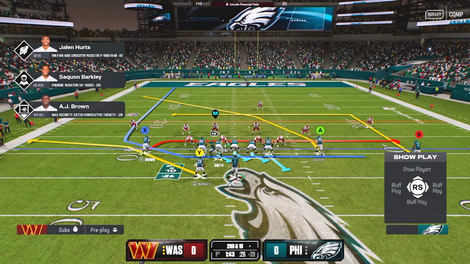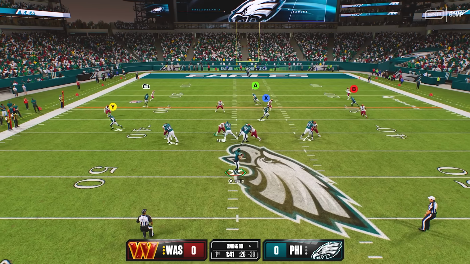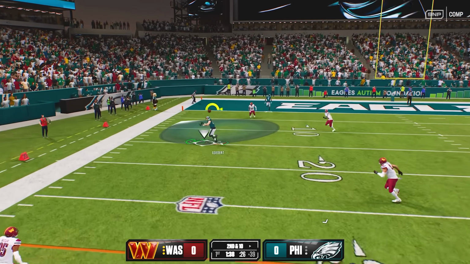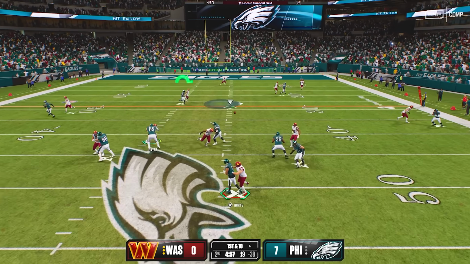The third read is the inside trips receiver on the crosser, and against zone coverage, the motion streak will clear out defenders in deep blue zones, and you can hit the crosser with a pass lead down and outside for a monster completion. The final read is the outside receiver on the deep dig route, and if everything else is covered,